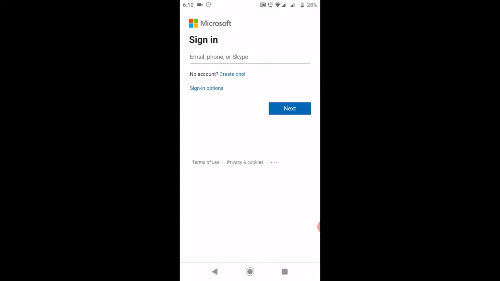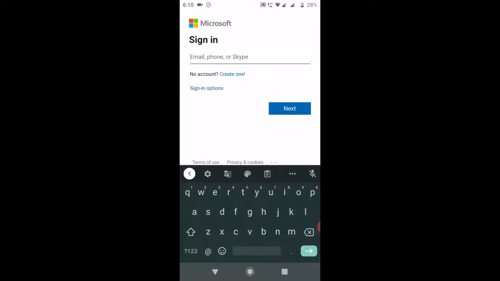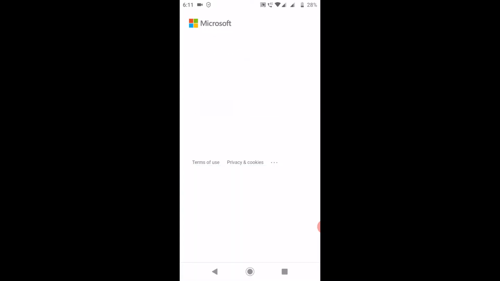Now it is prompting for an email ID. So let us give an email ID. I mentioned the email ID. Click next. Enter your password to sign in.